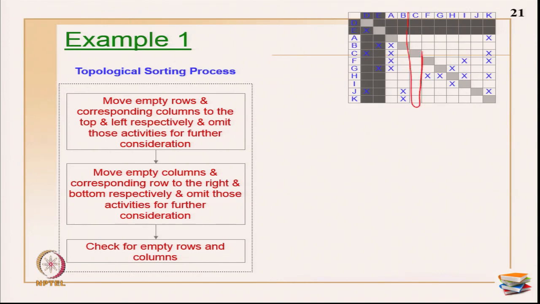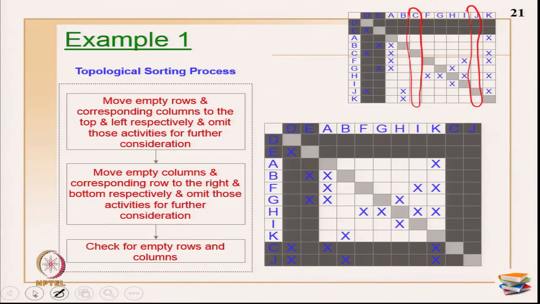I have activity C is empty here. I have activity J also, which is completely empty. Okay. This looks like C and J are parallel activities, but they are in the last, in the sequence. Okay. So I can move C and J completely to the last. Now what is the order of C and J? That is, there is no restriction here because both are empty, both are parallel activities. There is no worry if you want to place C first and J first, or you want to place J first and then C first. There is no problem at all. Okay. So now I have moved C and J to the last.